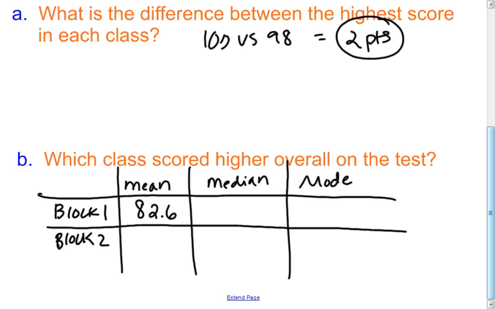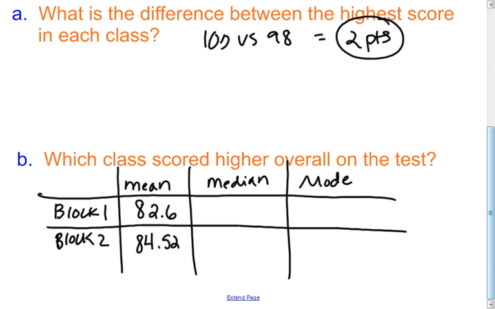Okay, and when I look at block 1, I do not see any numbers standing out as extremely high or extremely low. So if I don't see any numbers that are way high or way low compared to the other numbers, then the average is an okay description to use. Okay. For block 2, if I add all those numbers up, so I would add 62, 75, 75, 76, all of those up, and again divide by 25. When I average block 2's data, or find the mean of it, I would get